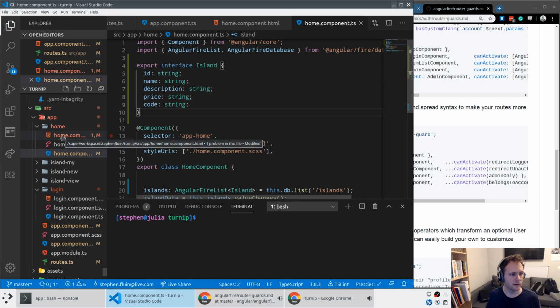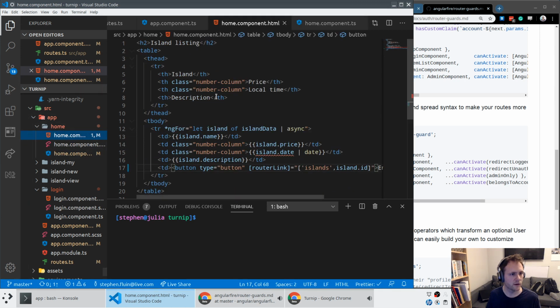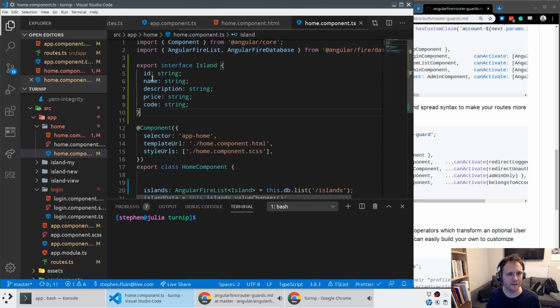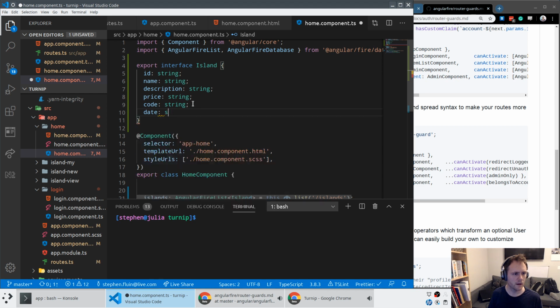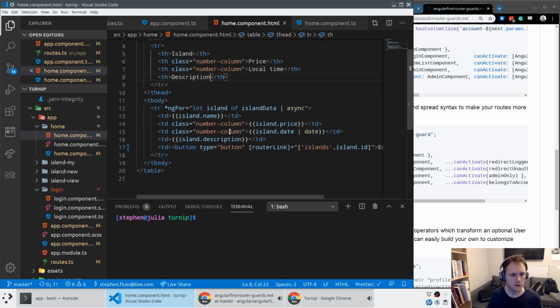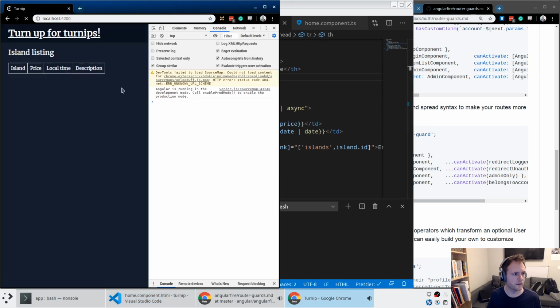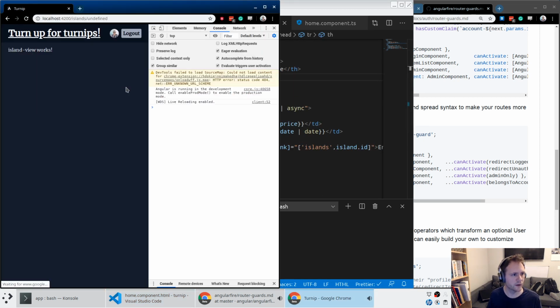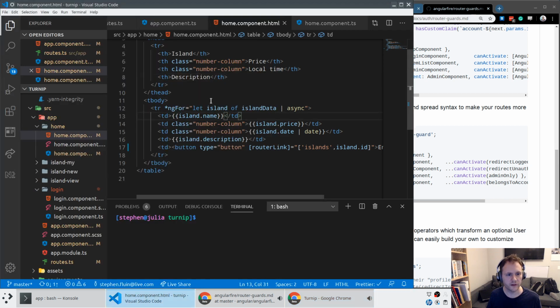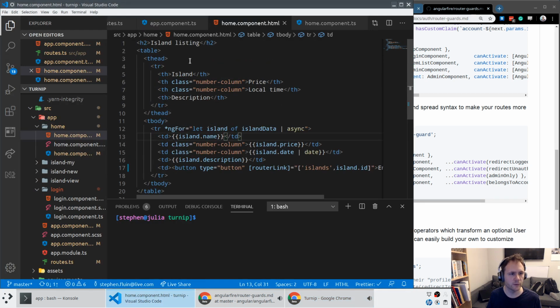And now let's go ahead and, we want a date too. Apparently we added that to the data model, so let's just make sure our data model is correct. This is going to be a string too, an ISO string. All the typings check out there. And let's see if our enqueue button works. Perfect. So we need some IDs on our islands,